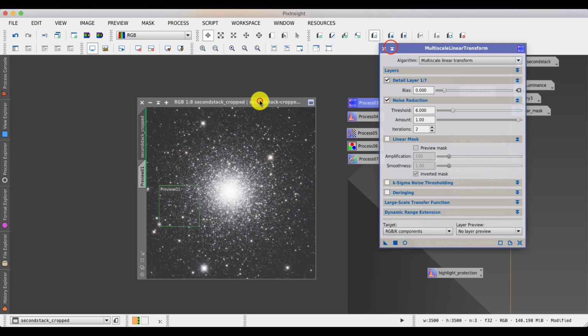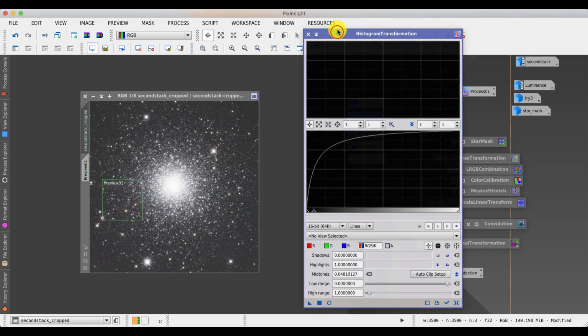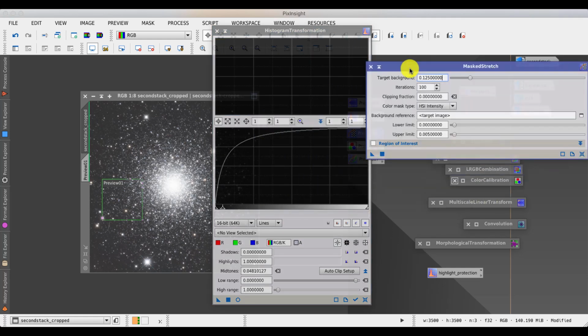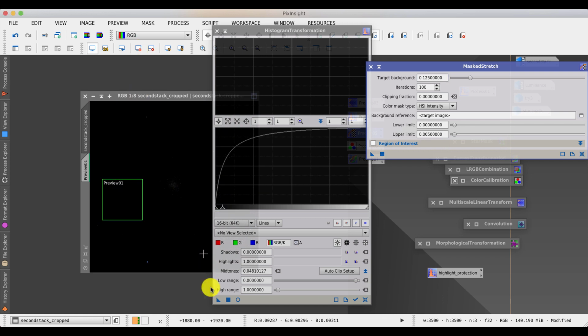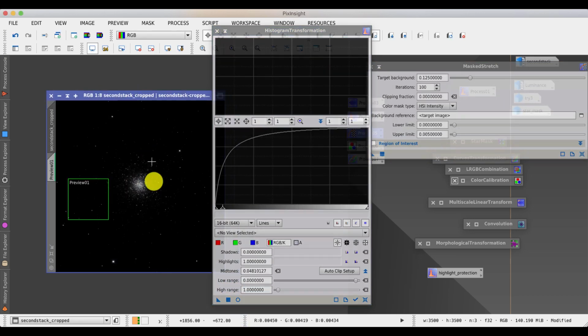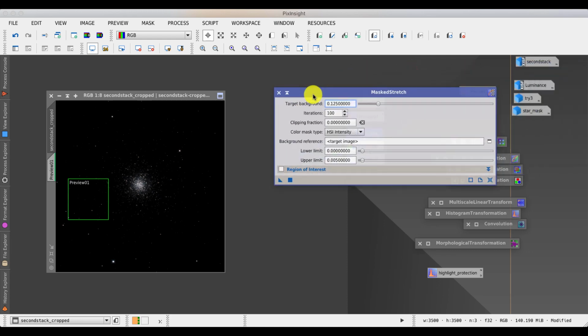Good. If I shrink that down, the next process and the following one are the 2 stretches. This is a very mild stretch for a histogram transformation, and if I remove the screen stretch and apply it, you'll see that it just produces a very small core, which you can see the colour starting to appear. And if I shrink that down and apply the masked stretch,